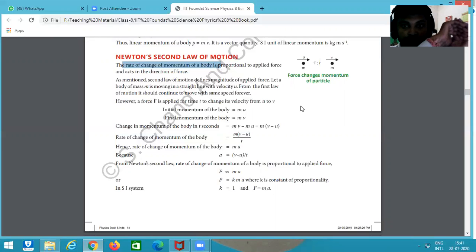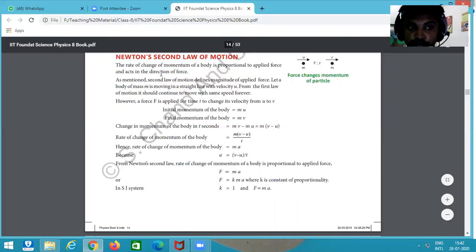By applying force with our hand, we change the momentum of the ball. Suppose the ball is coming at 3 km per hour, then we apply force and move our hand, 2 km per hour, then 1 km per hour, then 0. By this process, we decrease the momentum, or we change the momentum of any body by applying force. So the change of momentum is in which direction? In the direction of force. At that time, the second law is used.